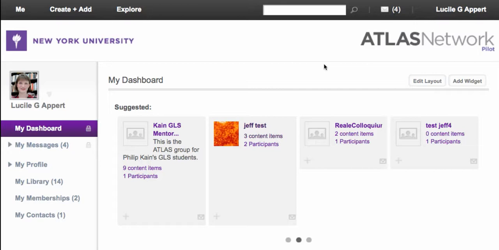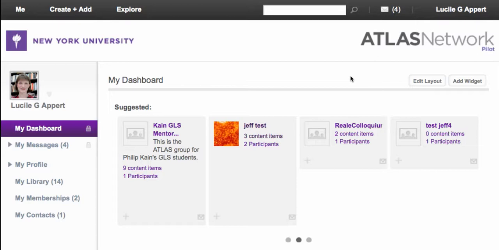Sakai OAE has been designed as a hub for people to come together in an academic environment. It can be tailored to different teaching styles. It offers multiple points of entry for everyone associated with an academic environment, whether you are exploring for research or students trying to connect with one another across global sites. So what's really exciting about it is that it offers a network and a hub.